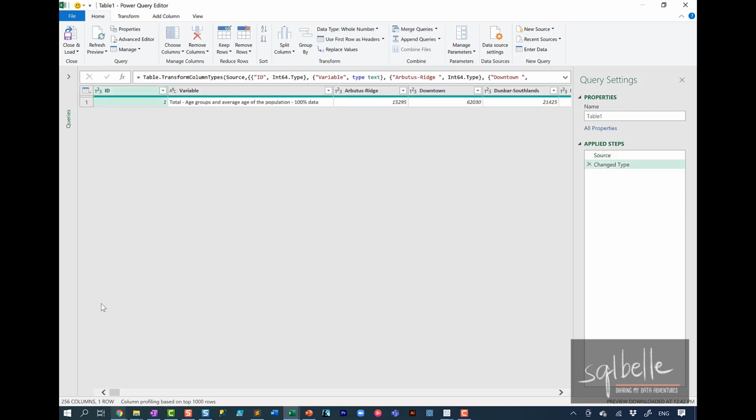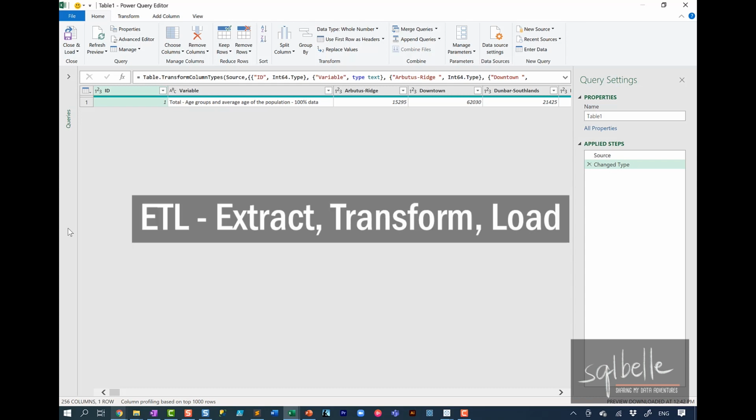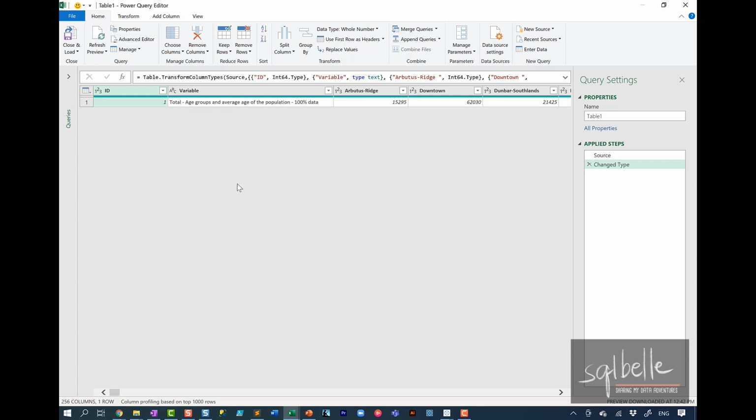Power Query is a data preparation engine, and you can see this within Excel or Power BI. You can think of it as a way to do ETL within Excel or within your desktop. ETL stands for Extract, Transform, and Load, and this allows us to collect data and clean it up before analysis or visualization. In this case, we are going to leave only the columns that have population information for the local